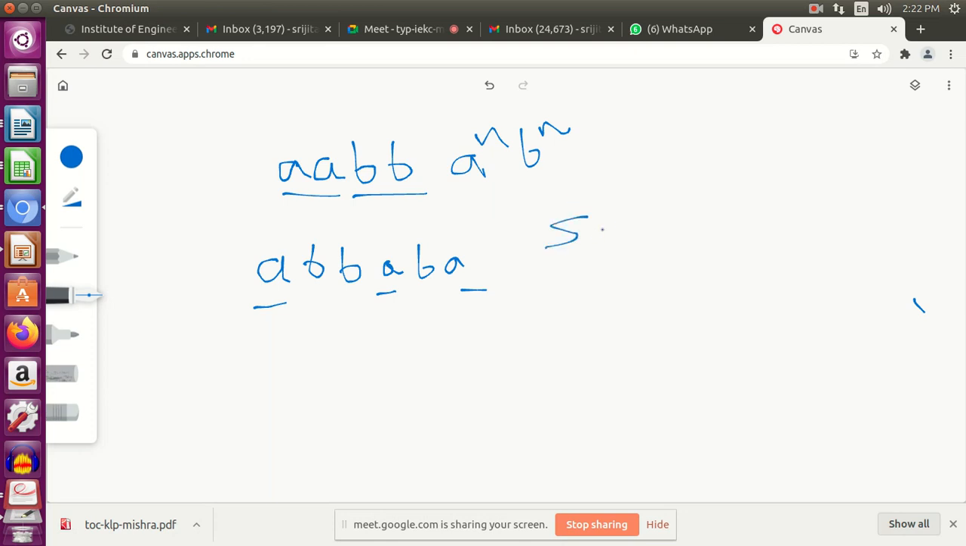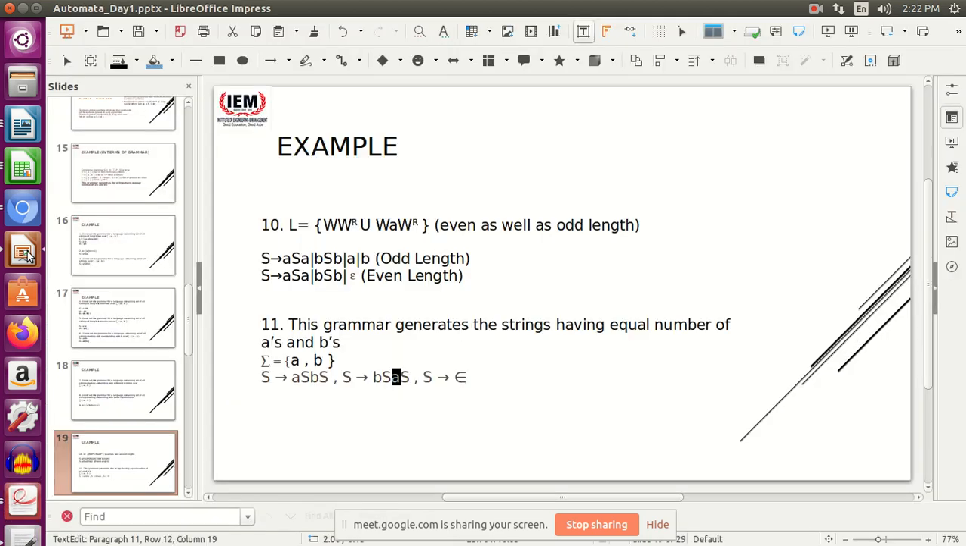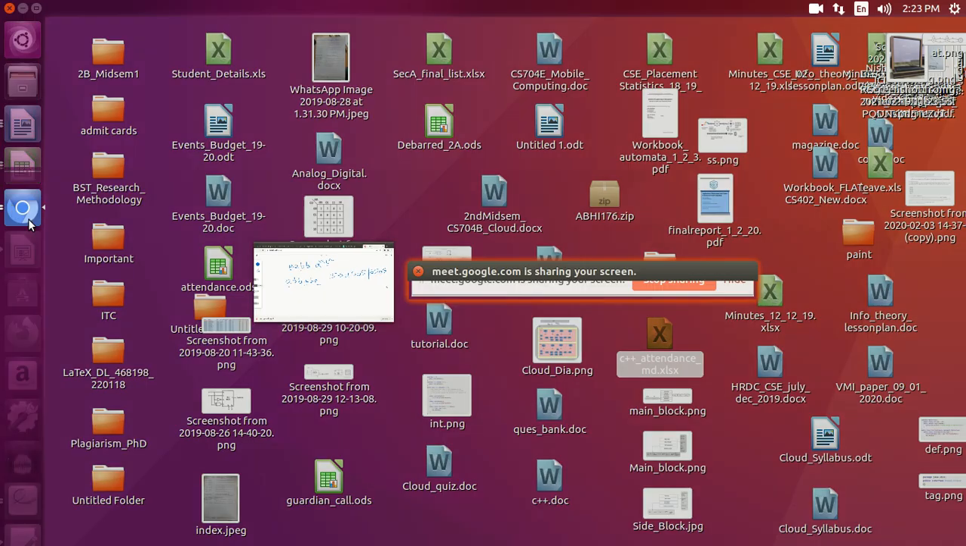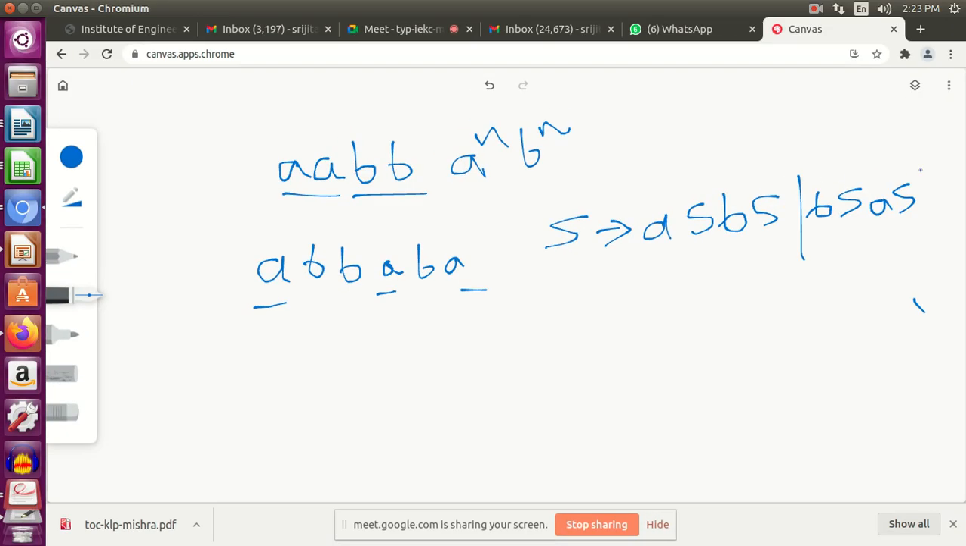So our production rule was S → AS, BS, BS, AS. Anything else? Yeah, epsilon. Okay. So to find whether this string is being generated by the grammar or not, we have a